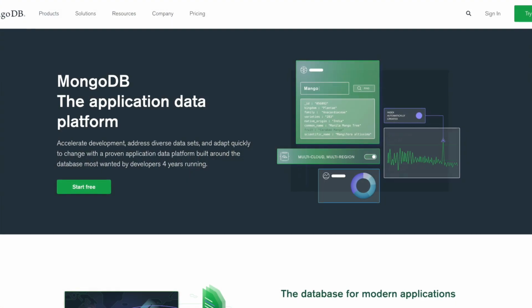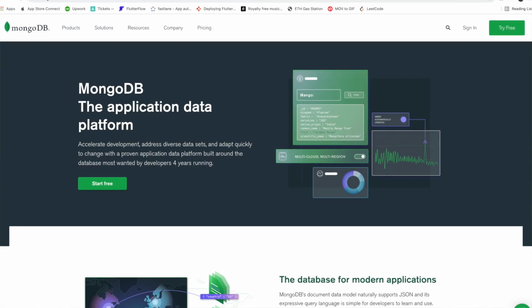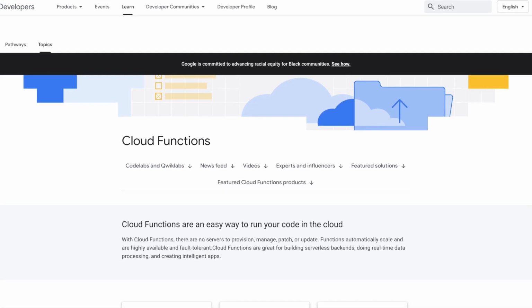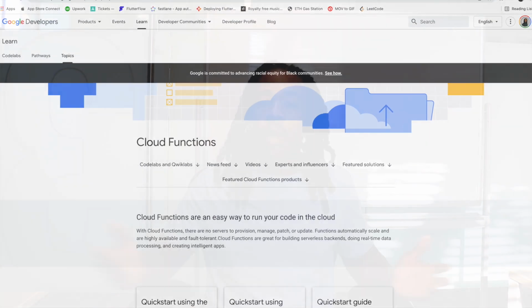My name is Trey Hope, as always, and today I'll be discussing how to set up a backend API using both MongoDB and Google Cloud Functions. Now, MongoDB is a NoSQL database that's pretty popular on the web, which is similar to Firebase, and Google Cloud Functions is a way that we can upload our own Node.js functions to the web and use them right out of the box. So in conjunction with the two, we'll be able to set up our own backend for apps